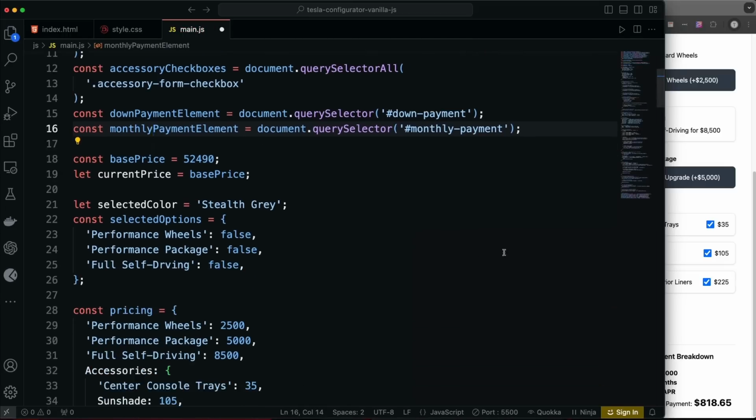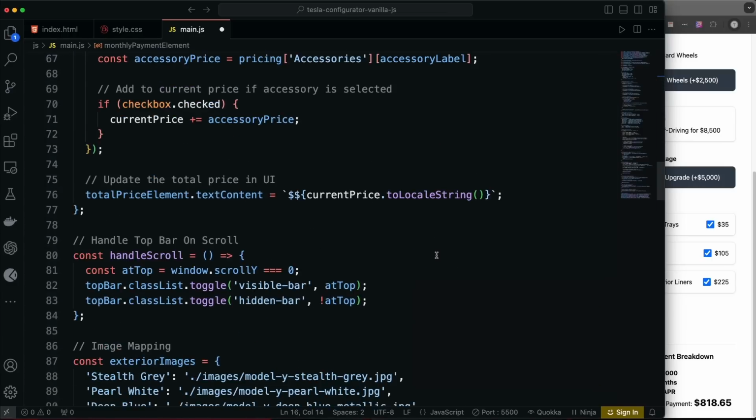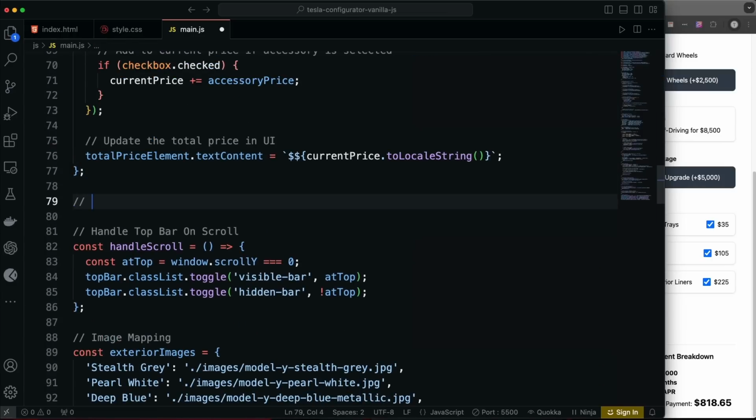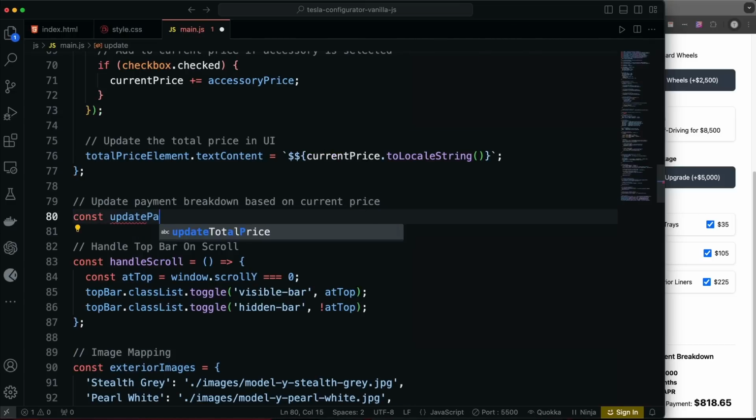Now let's add another function under update total price, and this is going to update the payment breakdown based on the current price. So const update payment breakdown,